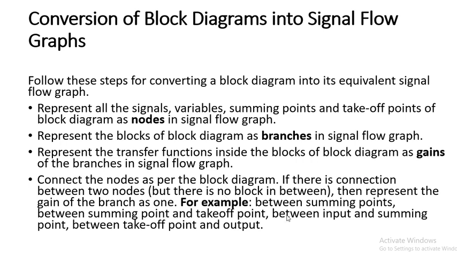Then if there is no block in between two nodes, then we have to represent that branch gain as a 1. Okay, so these things you have to keep in mind. Then